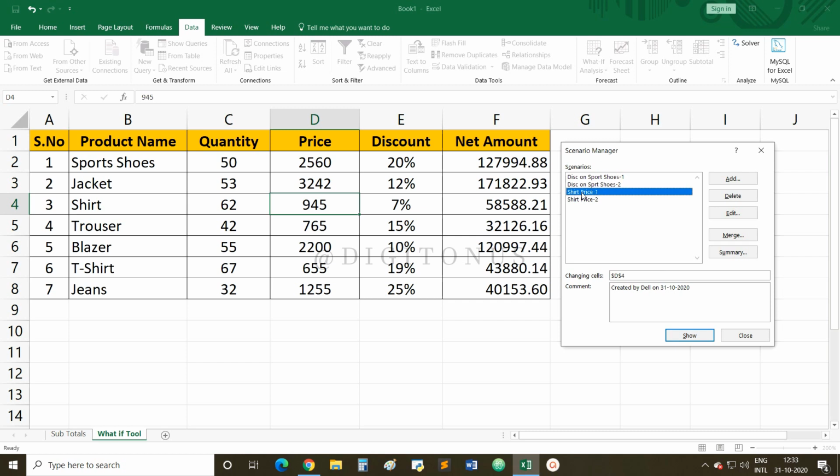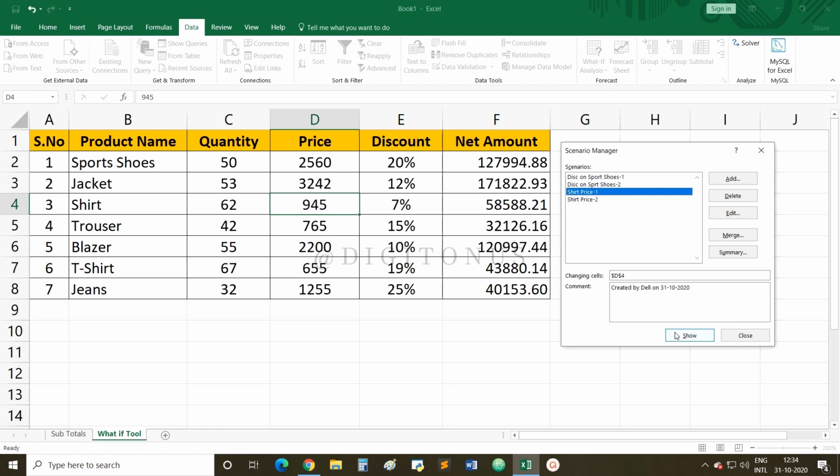Similarly, for the shirt, we have increased the price of the shirt also. If I'm selling the shirt at a price of 985, then what will be the impact on my net amount? Right now it is 58,588 rupees and 21 paise.